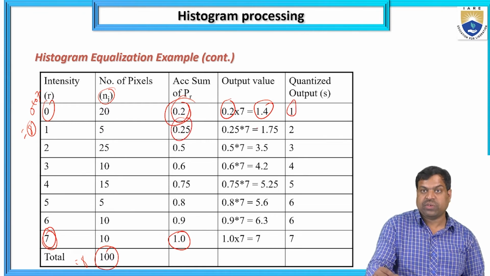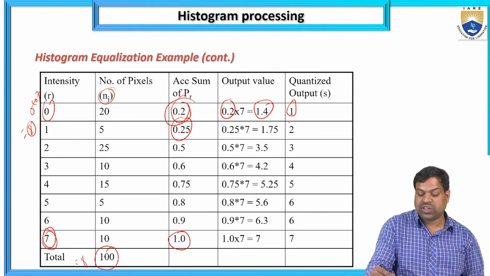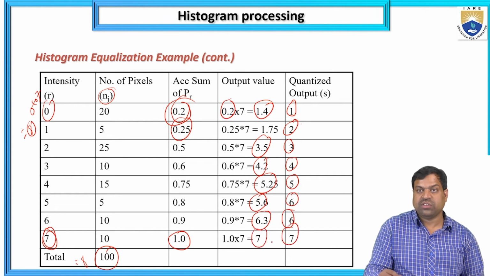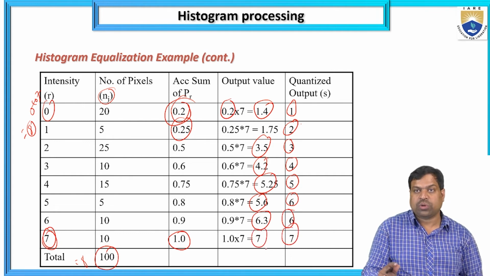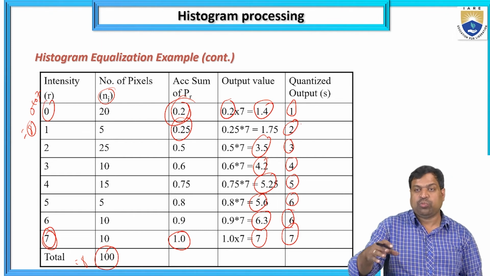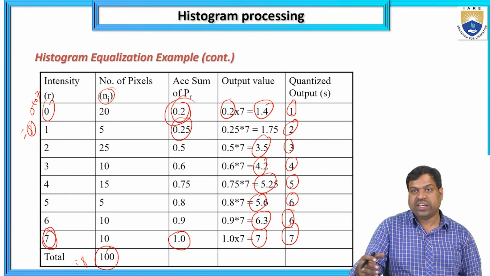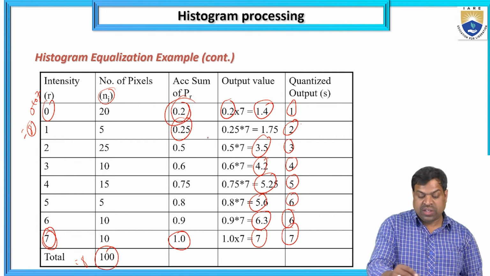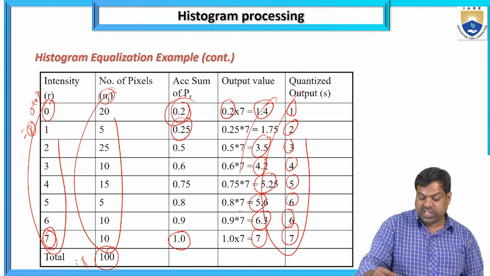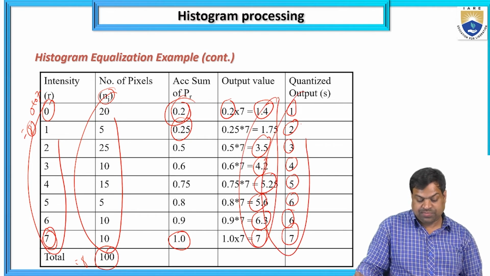What is the maximum value? 7. 0.25 into 7, 1.75. So what is the round value? 2. Here 3.5, round value 3. 4.2, round value 4. 5.25, round value 5. 5.6, I'm taking 6. 6.3, 6. 7 means I'm taking 7. So the quantized output means the output after changing the intensity values of the input. The final output intensity values are like this, from 1 to 7. So like this, the 0 to 7 intensity values become 1 to 7. Okay,